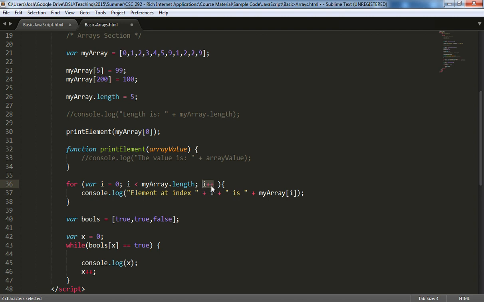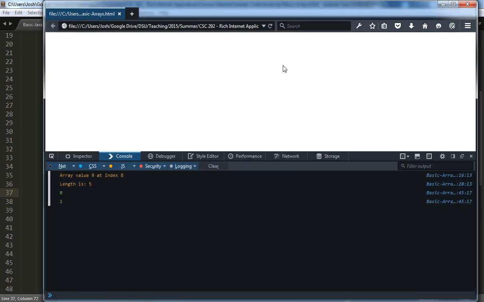In this case, we say i++, you could say i--. This can be anything that you want as long as it results in an assignment. I could say i equals i plus 2 if I wanted to. But in this case, because we're iterating over the contents of an array, we're going to go by 1. Console.log, element at index i has a value of this. And so we'll use that variable, and the value contained in that variable, to access each individual element through the index. Okay, so we'll save that and we'll run it,